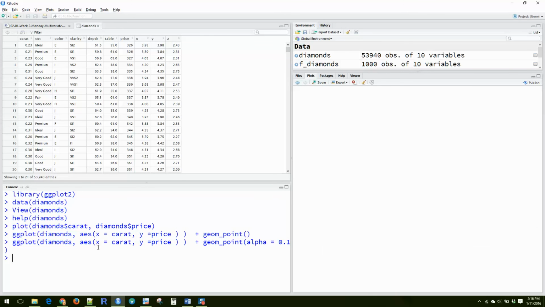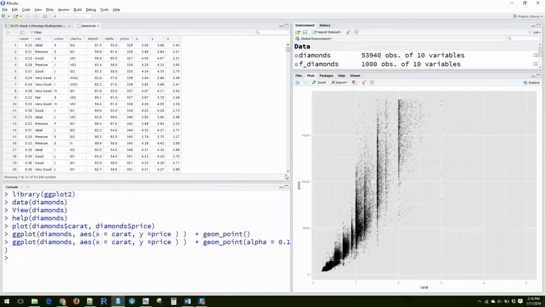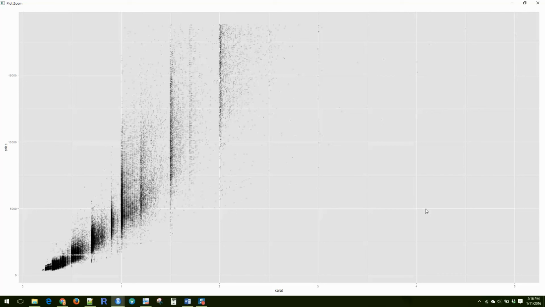And so I'm doing the exact same thing, and we kind of see, all right, it looks pretty much the same, but now it's a little bit shaded. And so we can see the great concentration of where diamonds are appearing. And it's no surprise, just because of the way we've artificially set up the sizes of these things, people like nice whole numbers, right? So you get